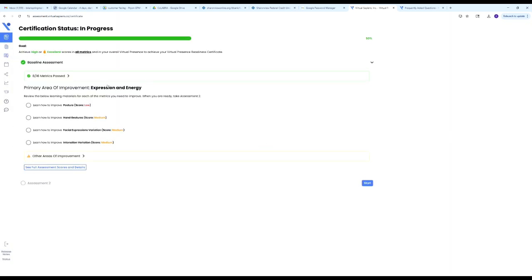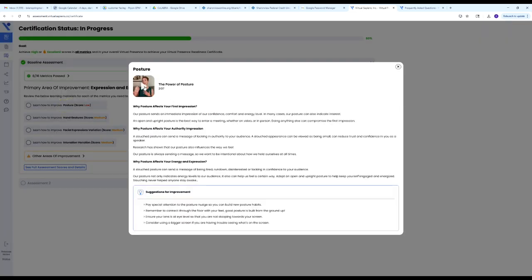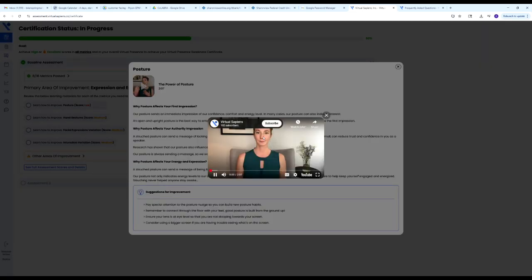So after taking several assessments, I popped over to see my progress per the certification and got more tips. Posture is the cornerstone of nonverbal communication. When we're thinking of first impressions in particular, the way we hold ourselves, the way we